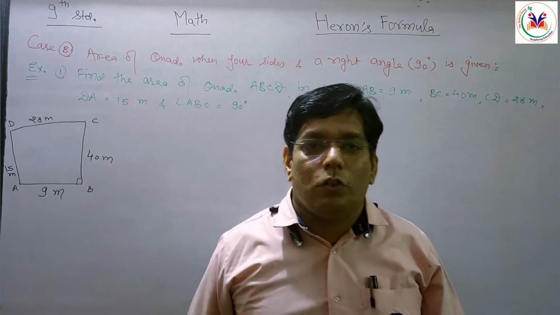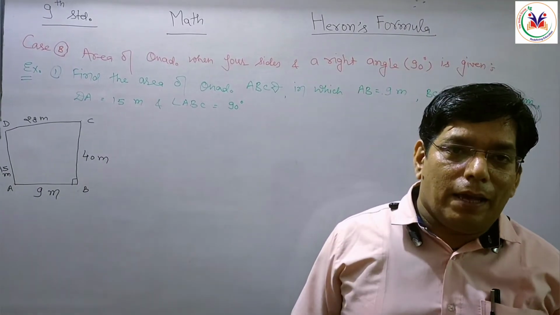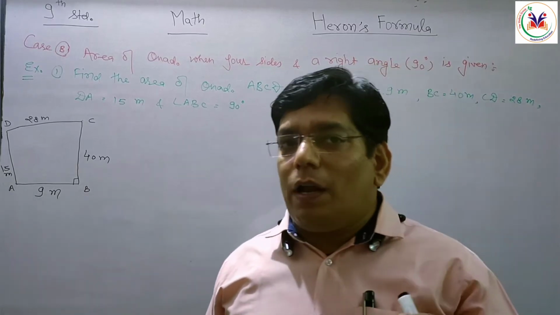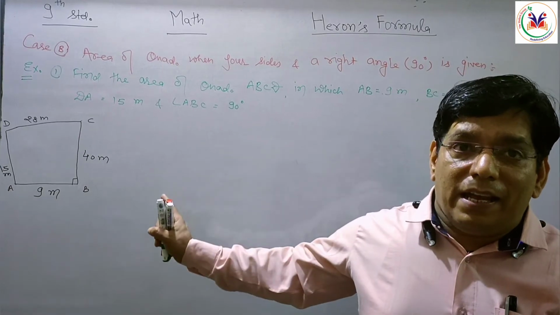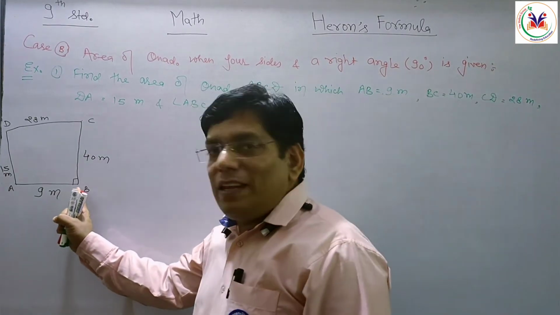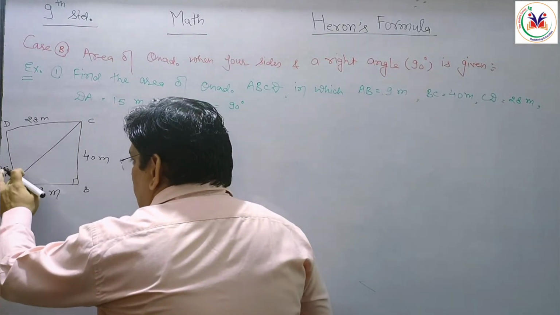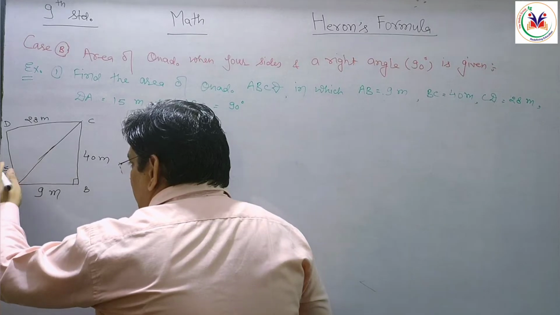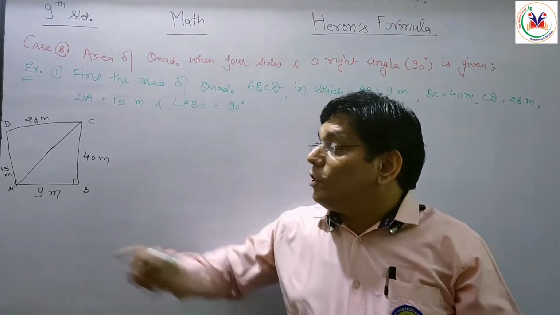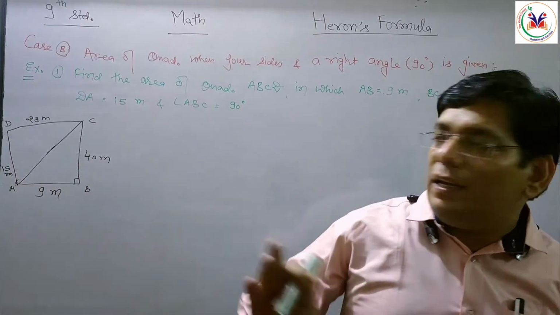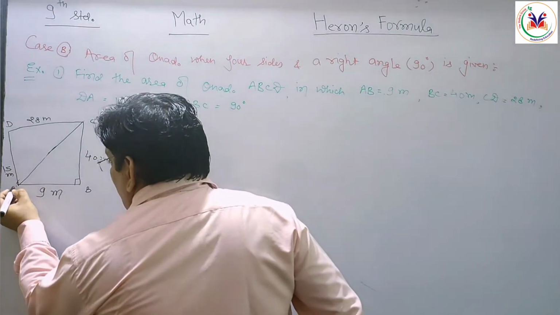Now in that situation what should we do? We have to divide this quadrilateral again into two parts and draw one diagonal, but that diagonal must be opposite of the right angle. So the right angle is at B, and the diagonal opposite to it will be AC. So first of all we have to join AC. Is that clear? First we have to draw the diagram. After that we have to construct AC and join AC because it is the opposite side of the right angle.